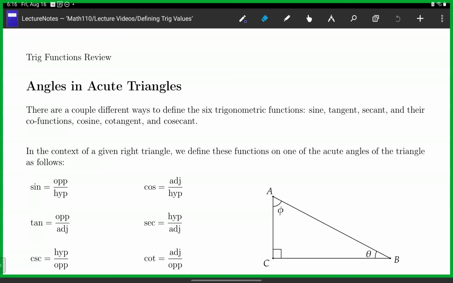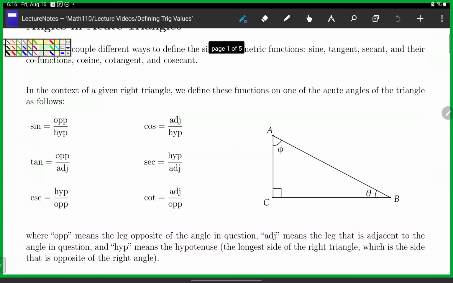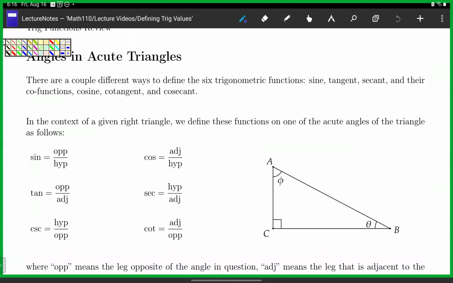Okay, so what we're going to do here is review the definitions of our basic trig functions. We're going to start with angles in an acute triangle. There's a few different ways to define all of these 6 trigonometric functions, but we're going to start with these ones. You may already have been introduced to this idea that if you are given an acute angle that is in a triangle, then you can define the trig functions on that angle according to ratios of side lengths